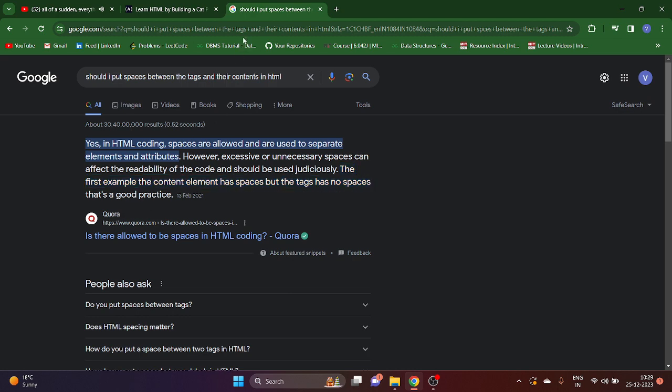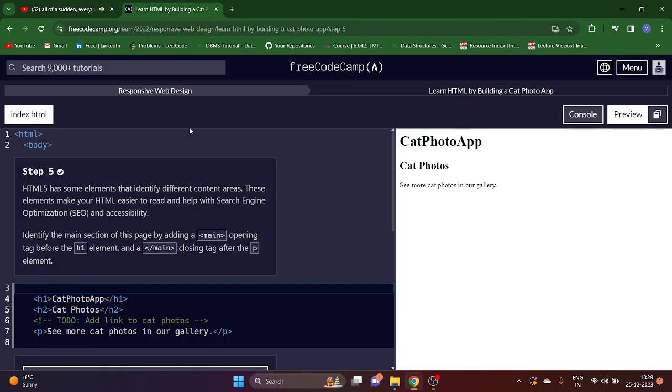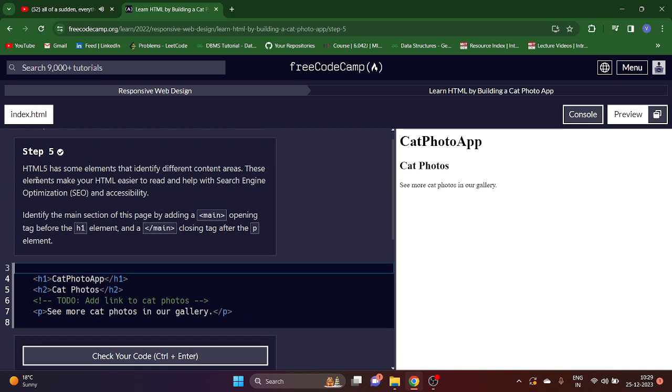That's a good practice. HTML5 has some elements that identify different content areas. These elements make your HTML easier to read and help with search engine optimization (SEO) and accessibility. Identify the main section of this page by adding a main opening tag before the h1 element, and